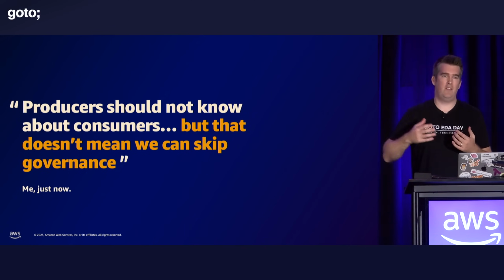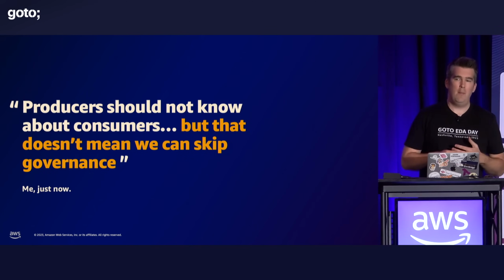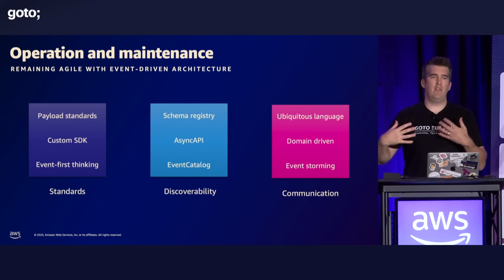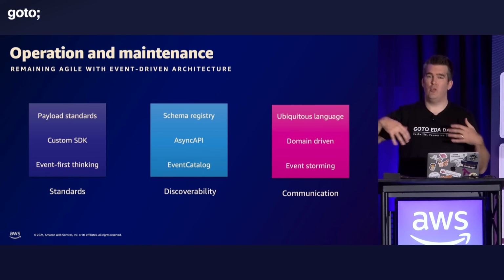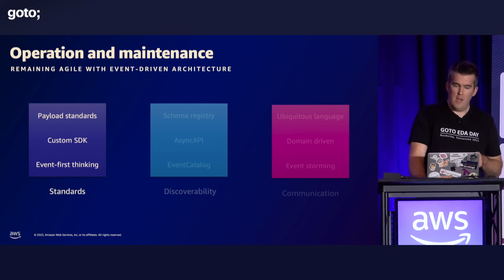Okay, coming back to governance, I know there's another talk on at the moment about governance with Capital One. It's super, super important. What I've distilled here is three main areas about governance, about standards, and things that can help you as you're on this journey, as you're implementing, to avoid some of these common mistakes. Number one here is thinking about standards.